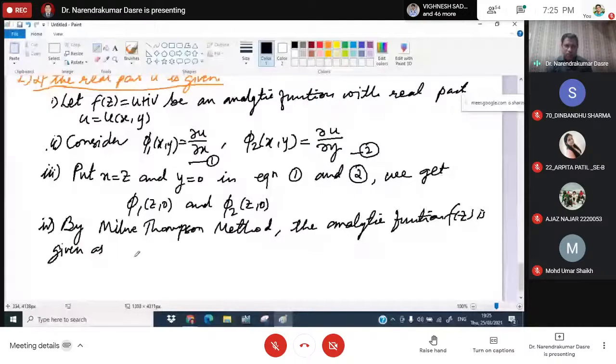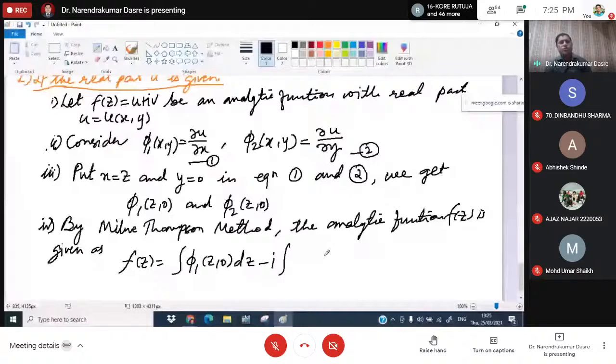So ux, what we have considered ux, it is going to be phi1 of z0 with respect to dz minus i, and uy, so it is going to be phi2 of z0 dz. But when you integrate without the limits, you have to add the constant of integration, that is going to be c. Okay, so this is how we can find the analytic function by Milne-Thomson method when the real part is